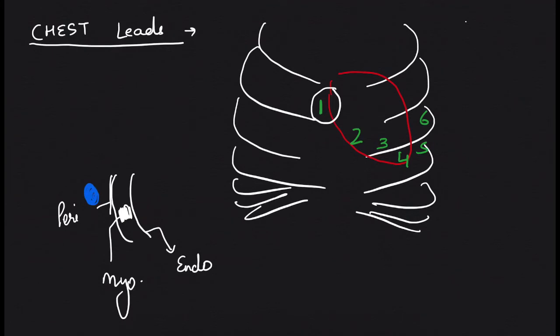Now whenever there is depolarization, as I have already told you, the depolarization takes place from inside to outside. So from endocardium towards the pericardium, as I'm drawing right now. So the direction of the current which flows through the myocardium, the wall of the heart, is from inside to outside. So the direction of the current, as we take it from positive to negative, is towards the electrode, whichever electrode we are talking about. Suppose in this case, if we are talking about V1, the current is flowing towards the electrode.